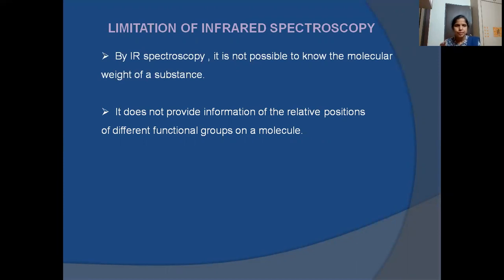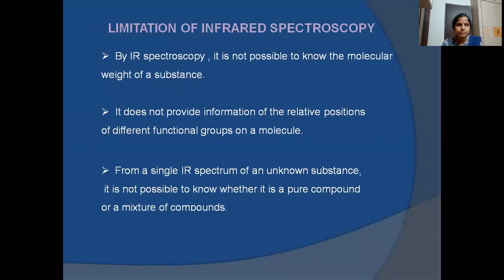only IR. Because to find out the exact structure of any unknown compound, what we need is we need all the spectra. That is, we have to study its IR spectra, UV spectra, mass spectra, as well as NMR spectra. Then by studying all the spectra, then only we can confirm the exact structure of the molecule.